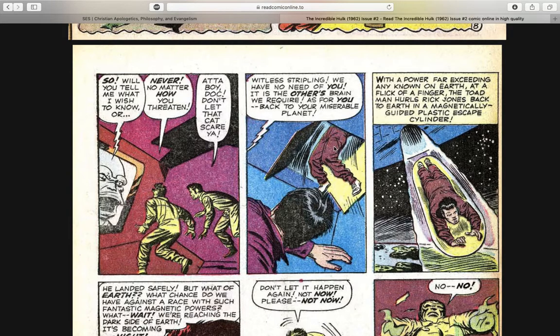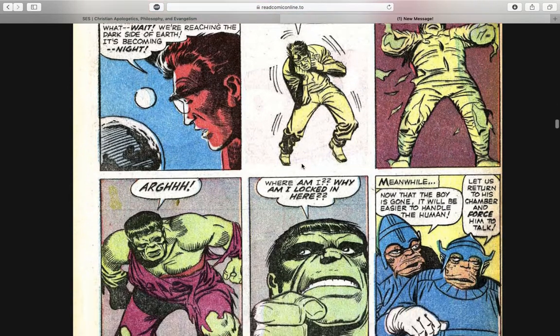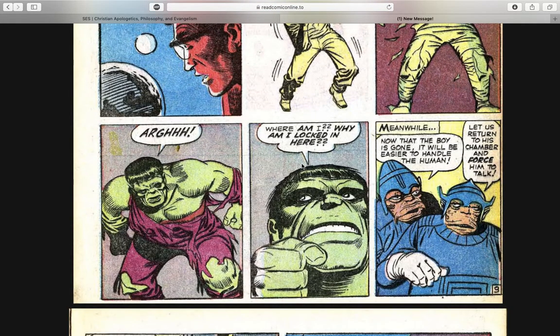And they see here that they're threatening Bruce Banner and basically saying, "Tell us all of your secrets." Bruce Banner refuses. Rick Jones congratulates him, and then they hurl Rick Jones back to Earth here. Yeah, but he lands safely here. As nightfall comes, we see that Bruce Banner turns into the Hulk, and now we see that the Hulk has